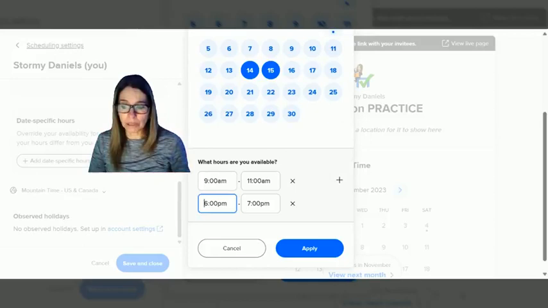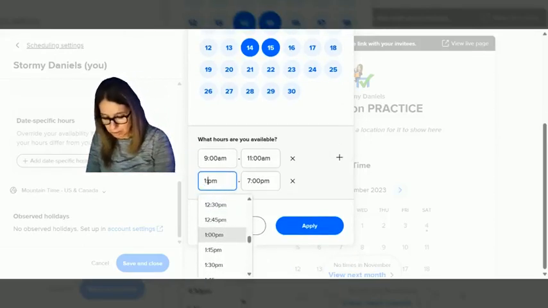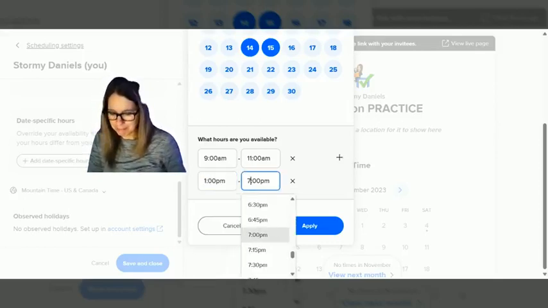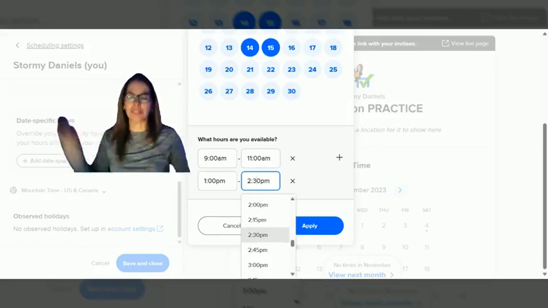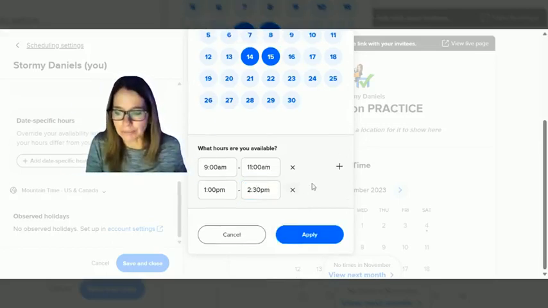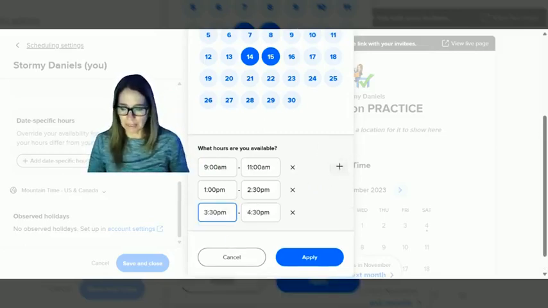I can also say that I'm available 1 to 2:30, 1 o'clock p.m. to 2:30 p.m., right? Or whatever you want. And Calendly will give me 30-minute blocks. You might want to set just a specific, well, I'm also available